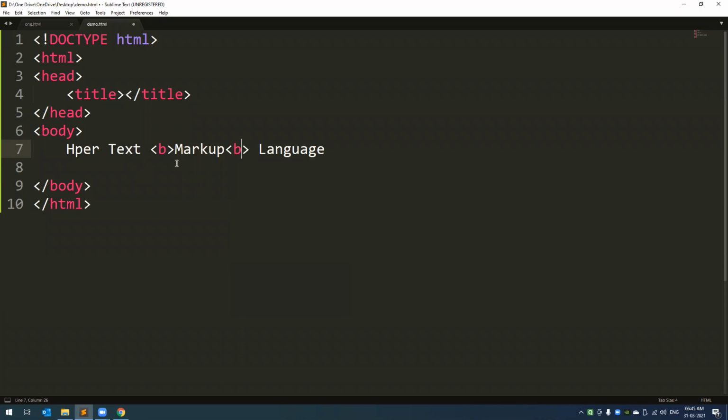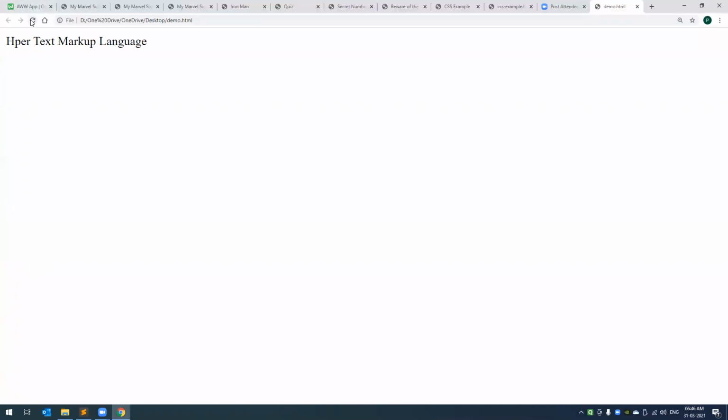Now, how does HTML come to know which is the opening command, which is the closing command? So in the closing command, we give a / in the beginning. Now, can you see the minute I give the /, I got this dotted line in between? So this tells me this is a set, and it tells me that whatever is there between the B tags must become bold. Okay, I save this and I refresh. Can you see this has become bold? Markup.